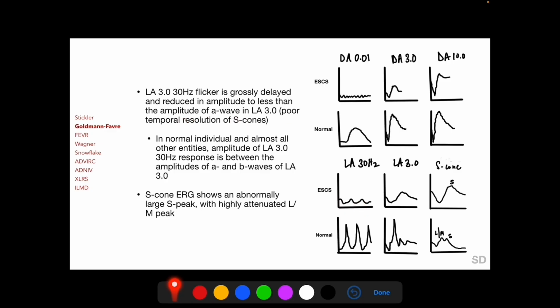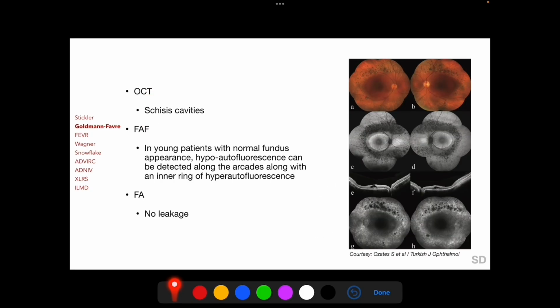And a characteristic of ESCS is that the amplitude of the flicker response is less than the amplitude of the a-wave in the LA 3.0 response, and the response to S-cone ERG shows an abnormally large S peak as compared to normal, with a highly attenuated L or M peak as seen here in this diagram. OCT in eyes with ESCS shows schisis cavities as seen here in these two OCT images, and